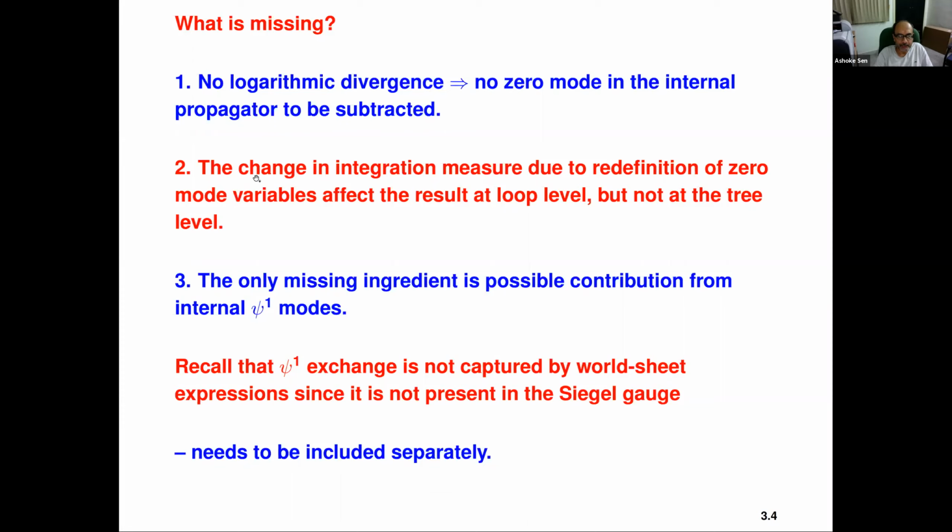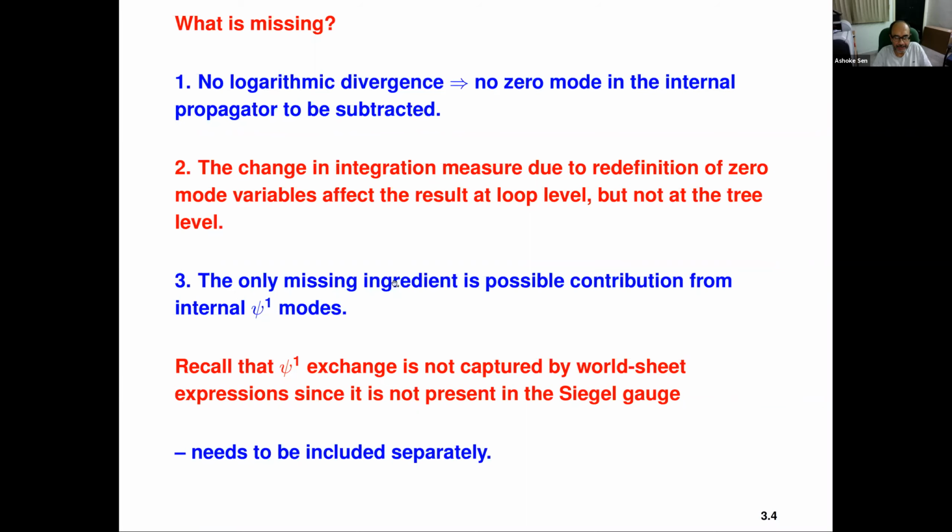We have also discussed that we have to change variables. So there can be a contribution in the form of a Jacobian in the integration measure. But any contribution that you get from a Jacobian is really a one loop and higher order effect. That's because the Jacobian gives some term of order 1, so when you exponentiate, you get a correction to the effective action which is of order 1, whereas the tree level effective action is like 1 over h bar. So you don't expect the Jacobian factors to affect a tree level result.